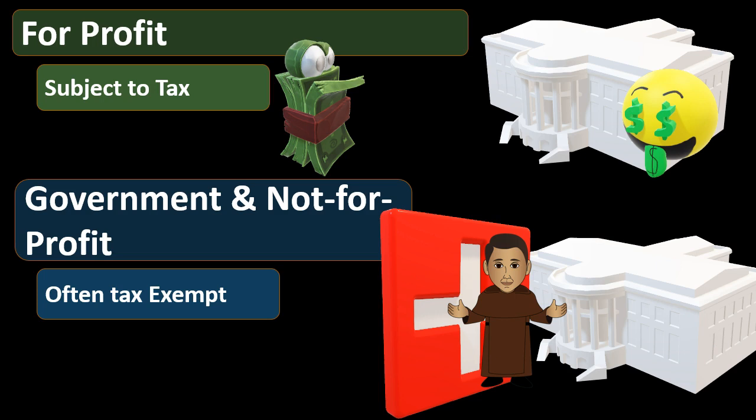One way we can define a not-for-profit organization, something like a charity, is to simply say that they qualify for tax exemption in some way. In some way, they're not going to be paying the tax in the same way as a for-profit type of organization because they qualify under the tax code for some type of exemption. That's another way that we can define and group not-for-profit and governmental together as compared and contrasted to the for-profit organization.